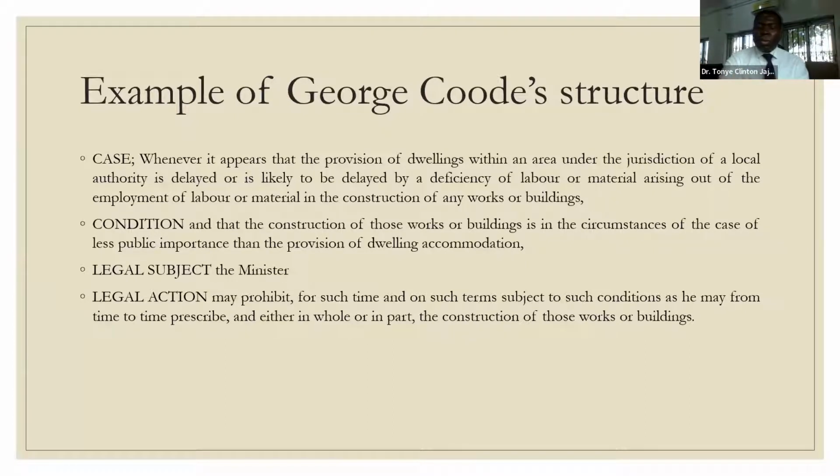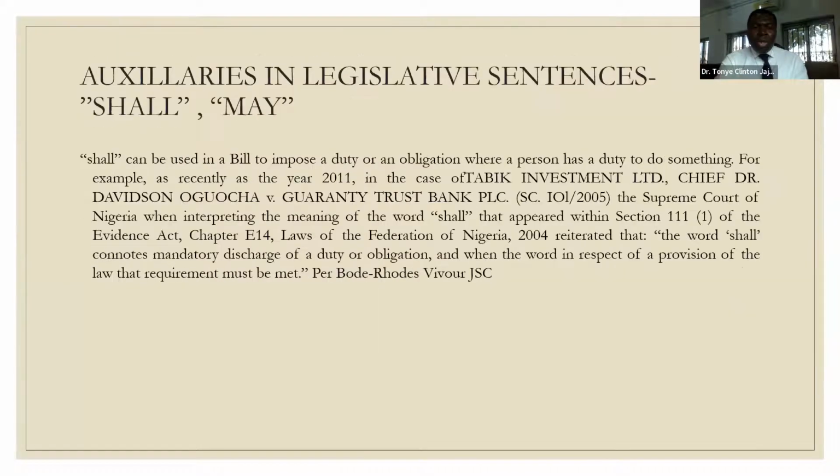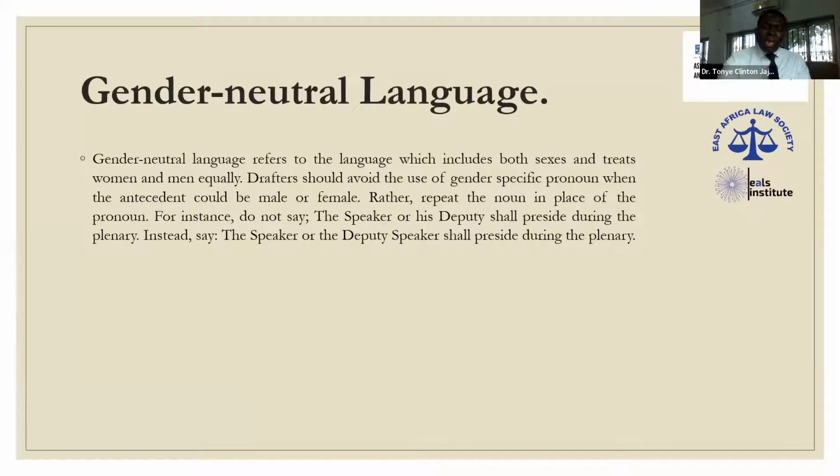Those are conditions. And then you need to know that in drafting, there are 2 words, shall and may. Shall is mandatory when you want something to be mandatory. May is a discretion when you want the judge or somebody to have discretion. So on these notes, then there's also gender neutral drafting. You don't say draftsman, you say draftperson. Not chairman, you say chairperson. This is the modern way that we draft.